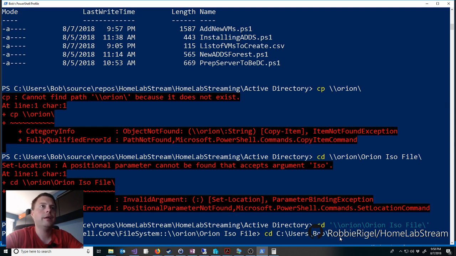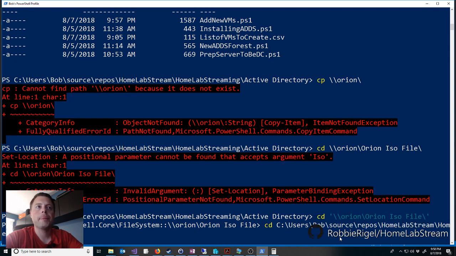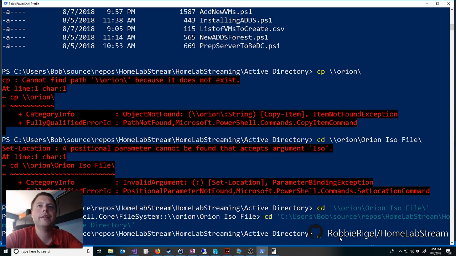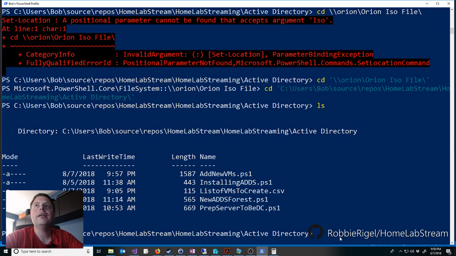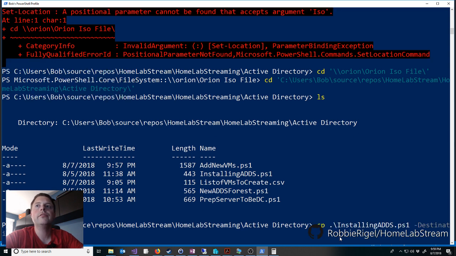C:\users, Bob, source, repos, HomeLab, stream, HomeLab stream, Active Directory folder. Now it automatically created the whatchamacallits. Anyways, so we're going to copy installing ADS part 1 to destination whack, or we'll put this in quotes here, whack Orion / Orion ISO files,